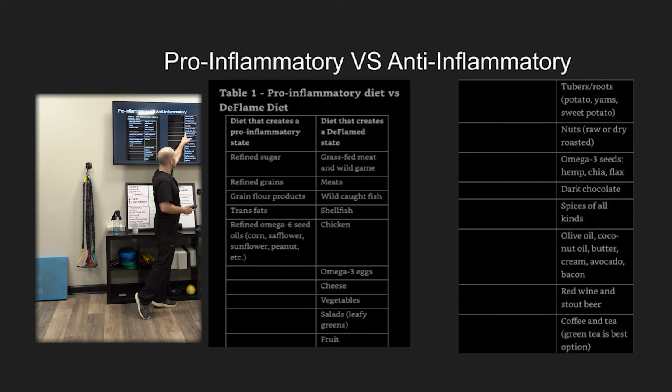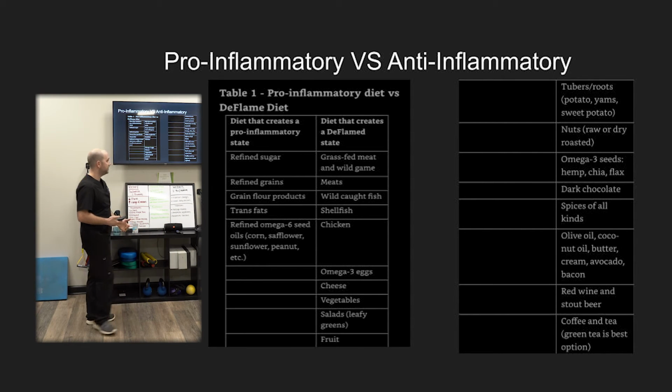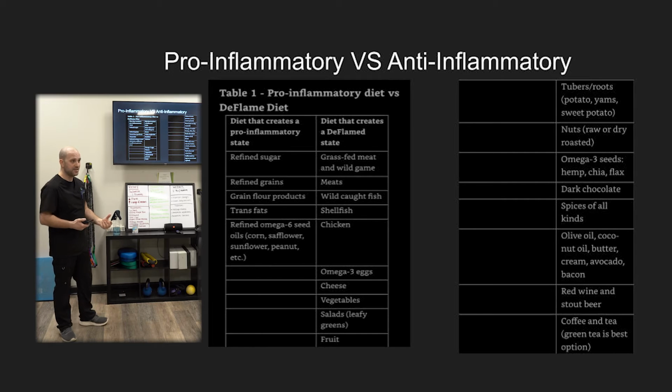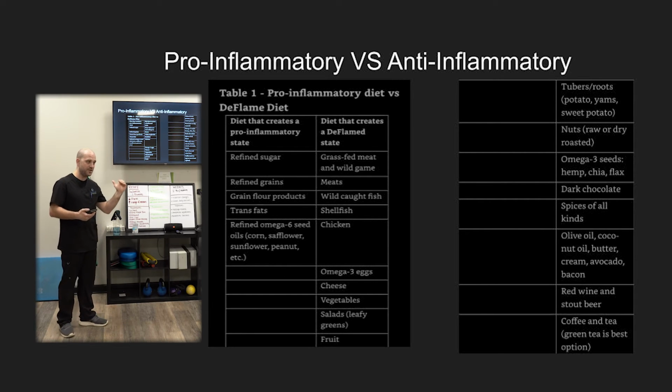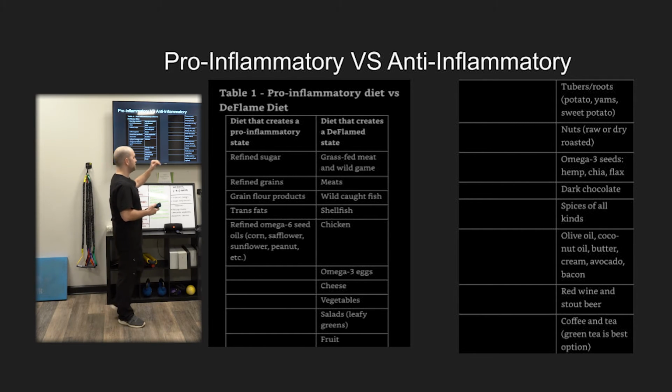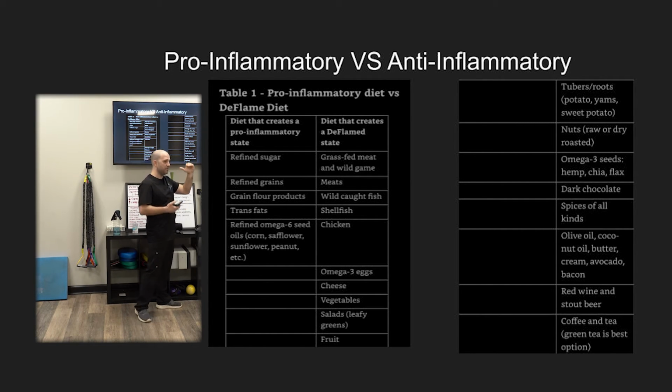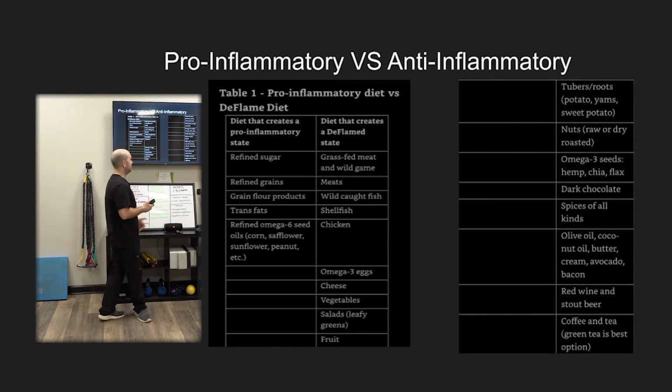Let's look here. So omega-3 seeds, these are some really good sources of omega-3 fatty acids. Hemp, chia, flax, all of those things are going to be beneficial fats. So if we're trying to balance that omega-6 to omega-3 fatty acid ratio, these are really good oils to use to kind of bump up that omega-3 side. Nuts,